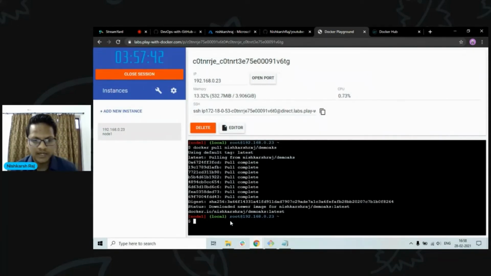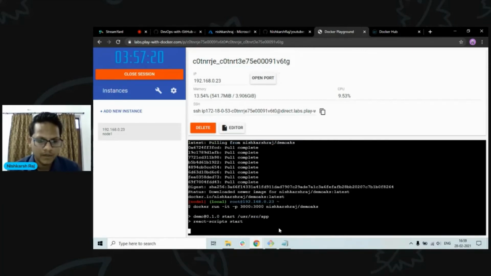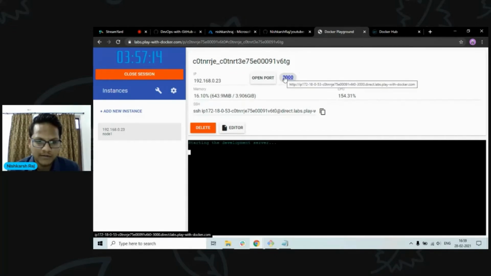So now we have downloaded it. Let's run it quickly. docker run -it. IT is interactive and terminal, so it will create an interactive terminal for us. Then -p will map the port for us. We have used port 3000, inbound and outbound rule, and then the name of the Docker image. It will start the React application for us at port 3000, so it is shown here.